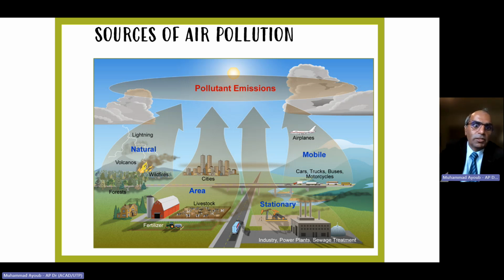Similarly, area-wise, we can see industries working to produce some compounds. They make some effluent, and their chimneys produce too much pollutant, which is added to our environment. Similarly, harvesting and farming are also adding some nitrogen. These are the area-wise sources. For stationary, we can say oil and gas companies, which are producing too much petrol or diesel from fossil fuel.